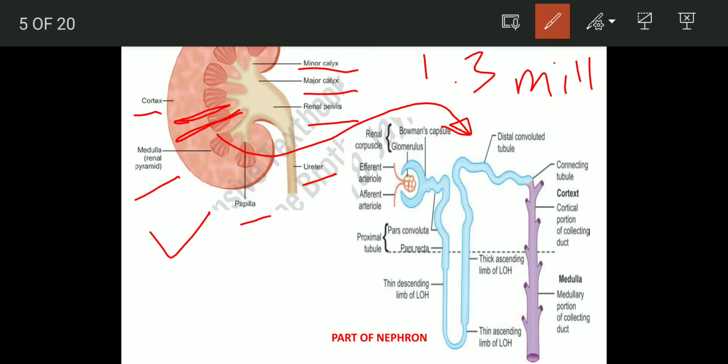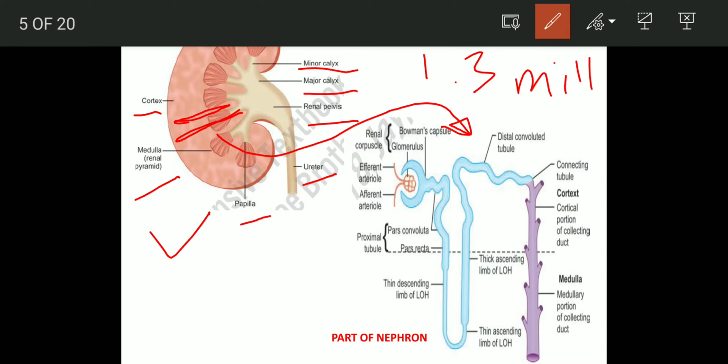Only then is there proper excretion of urea, uric acid and creatinine, and urine formation occurs. So each and every nephron functions properly in each kidney. Only then does urine formation occur. Only then is there regulation of your blood pressure and regulation of your ECF volume.